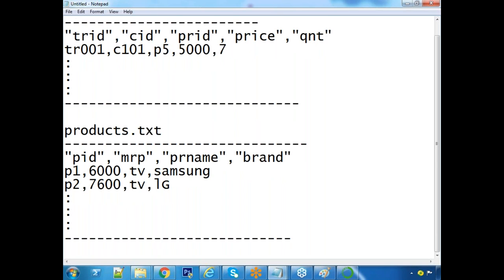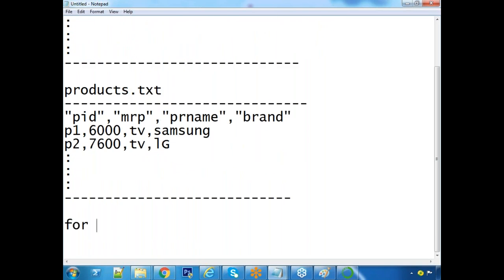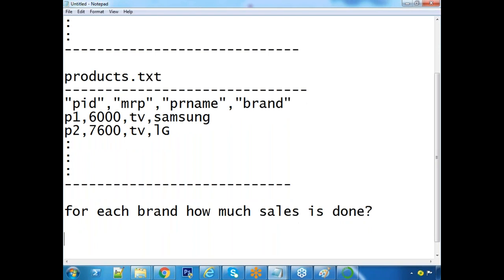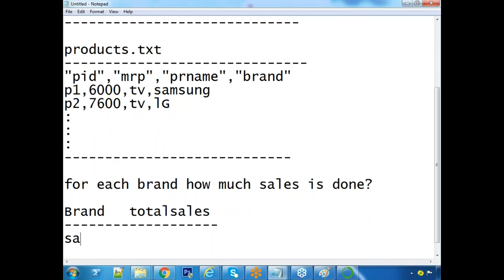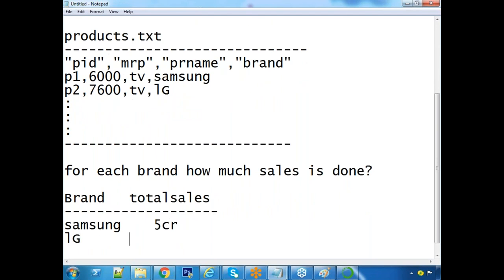Final output required: for each brand, how much sales is done? That means, what is the meaning of the question? Brand and total sales I am asking. Suppose brand Samsung, for Samsung some 5 crore happened. LG, for LG some 7 crore happened.